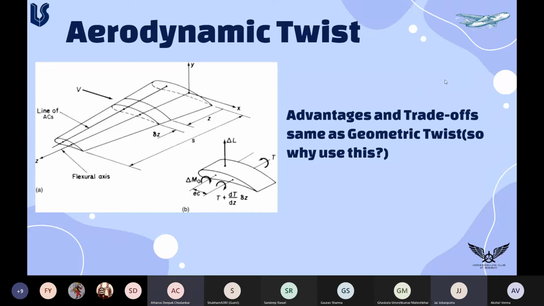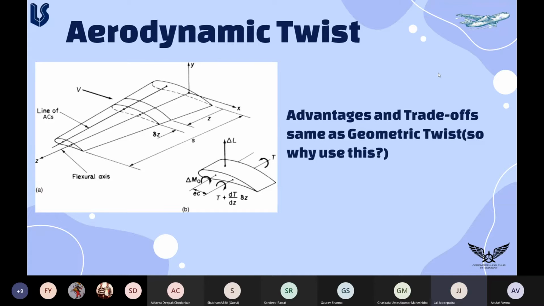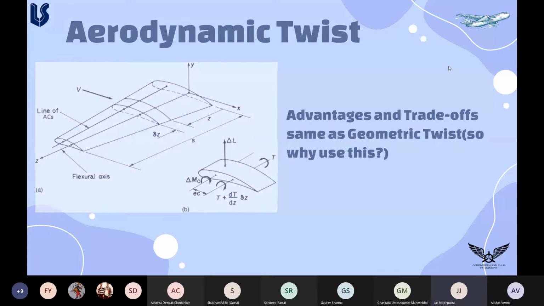Yeah, we reduce camber from the root to the tip, giving the same effect. The lift is lower at the tip and more at the root. And again, the same advantages, same trade-offs. But it has one unique thing, and I would like the participants to think about it. We'll move ahead; it's some kind of homework. You can ask me if you're not able to figure it out after the webinar. Yeah, next,